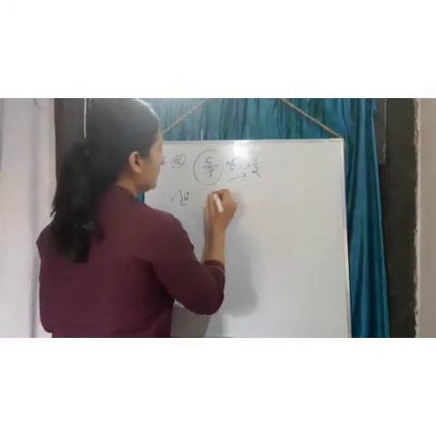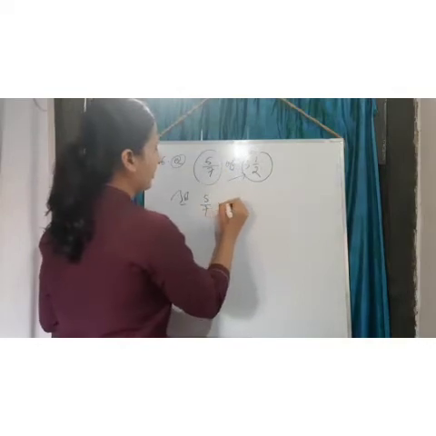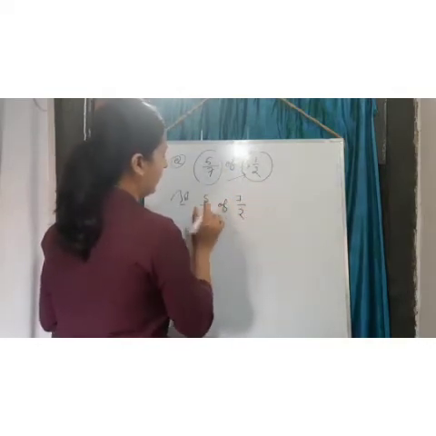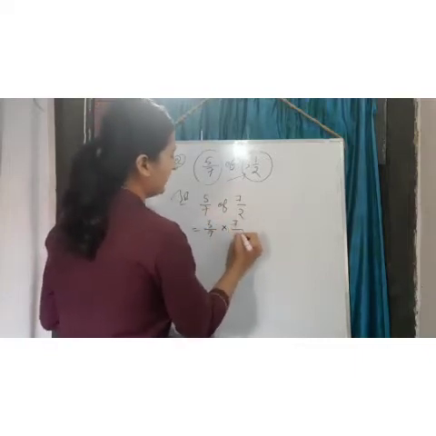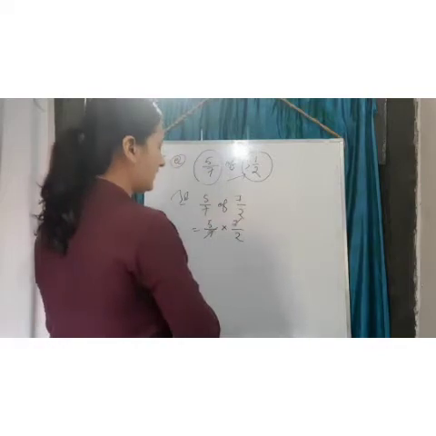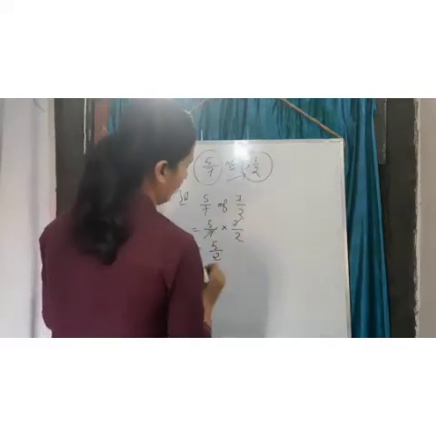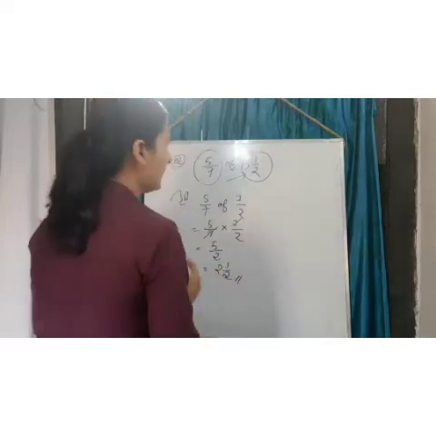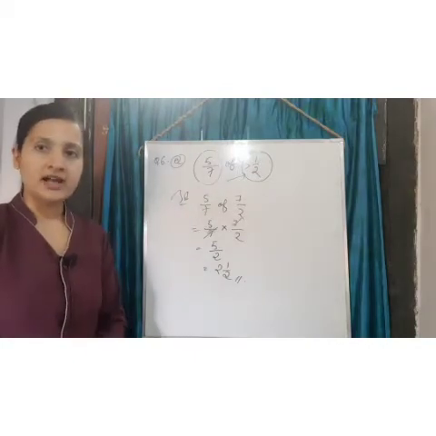So, first what we have to do is we have to convert this. So 5 by 7 of 3 2s are 6 plus 1, 7 by 2. Then of means in place of we have to write into, right? Then 7 by 2, this 7 will cancel out. Remains 5 by 2. So 5 by 2 is your 2 1 by 2. So this is the answer. Am I clear? So I hope that this is clear.